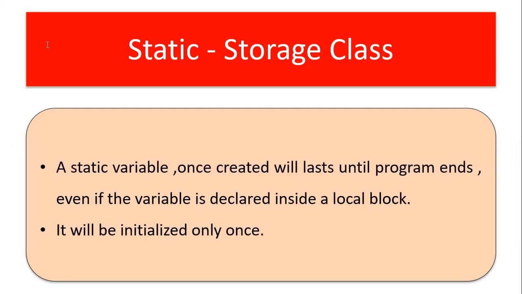So I will just read the definition once again. A static variable, once created, will last until the entire program ends, even if the variable is declared inside a local block. Even if it is declared inside any if statement or switch statement, it will be present in memory until the entire code completes its execution, and it will be initialized only once. So when it is given inside a for loop, whenever the initialization line comes, only the first time it will be initialized, and from then onwards that initialization line will be ignored,